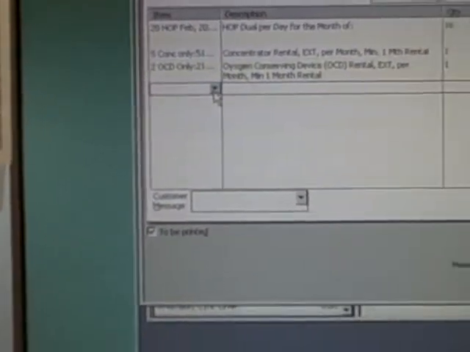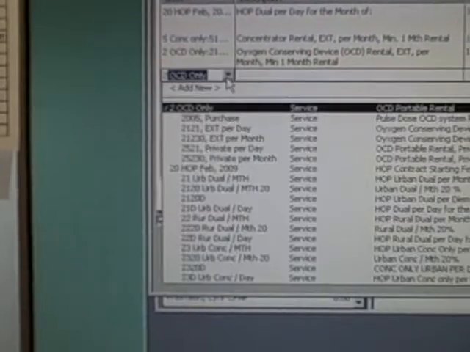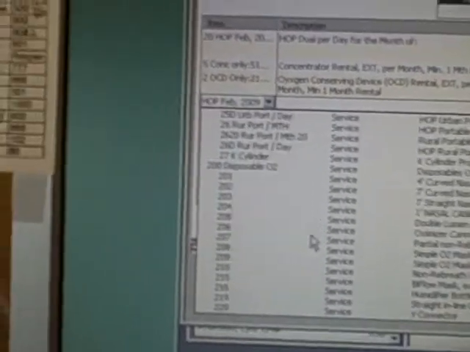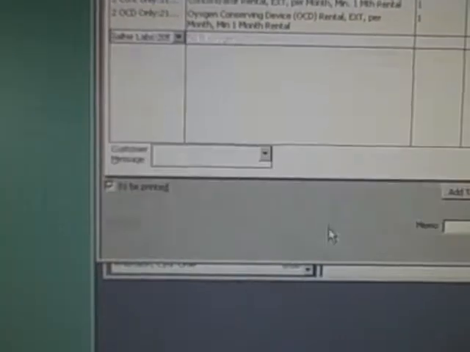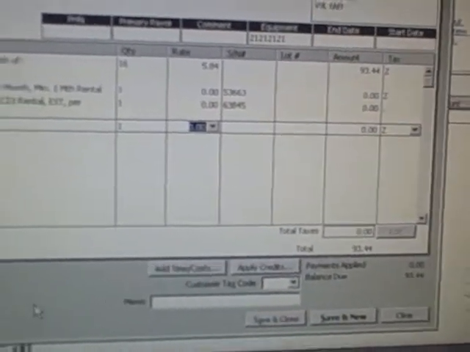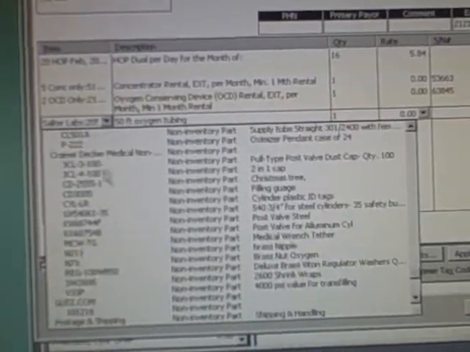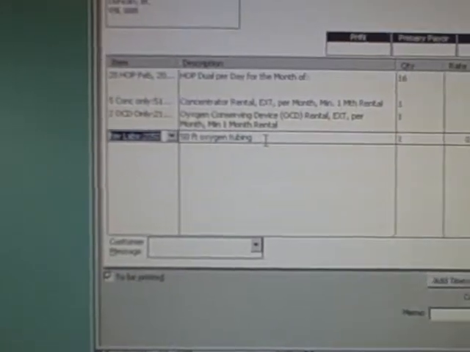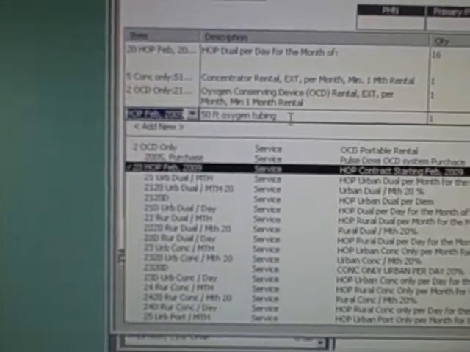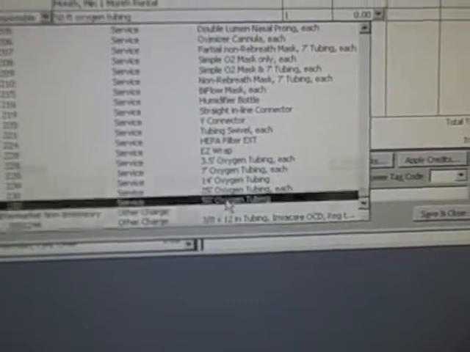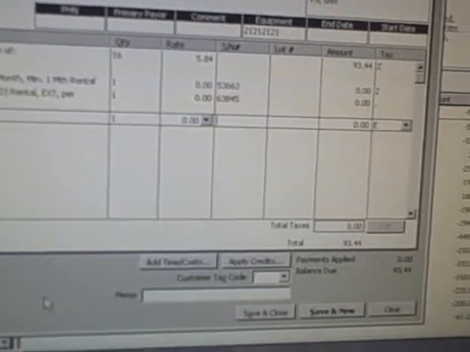Not only that, we've got a 50-foot tubing, which is 200 for disposables. Scroll right down to the bottom, and we got a 50-foot tubing. Tab over. We got one of those, and it's already at 0. That's weird. Oh, we went to the wrong spot. Come back here. We went to the wrong listing. I'm going to delete that, put in 200, then scroll down. There we go, 50-foot tubing. Tab over, we got 1, make that amount 0, and the lot number is